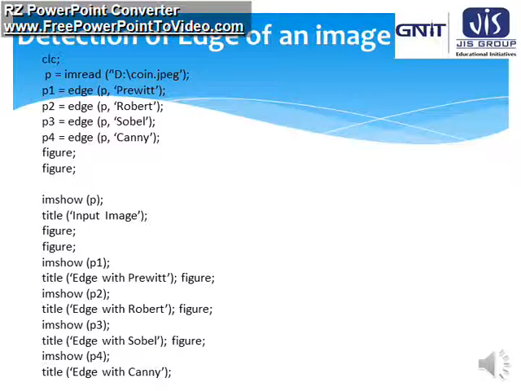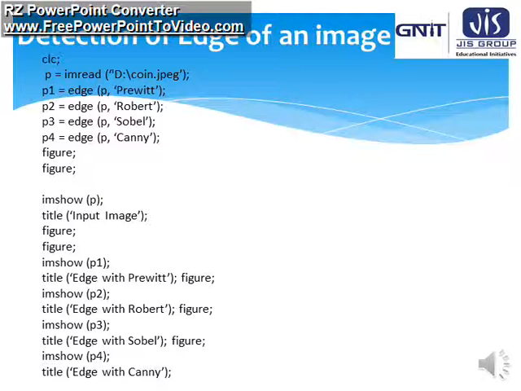Now if we want to show the other edges, we should write imshow p1, then give the title edge with Prewitt, then write figure, then imshow p2, again writing the title edge with Roberts, then figure, imshow p3, title edge with Sobel, figure, then imshow p4, title edge with Canny.